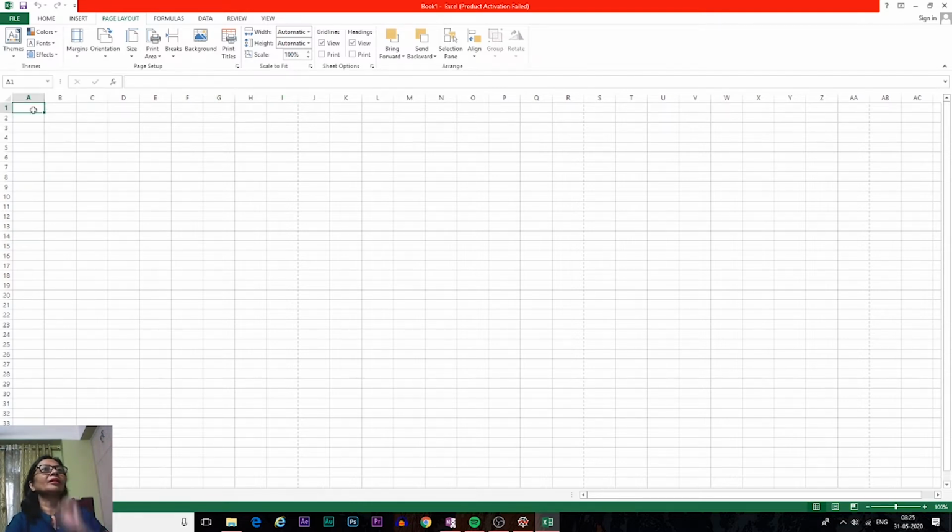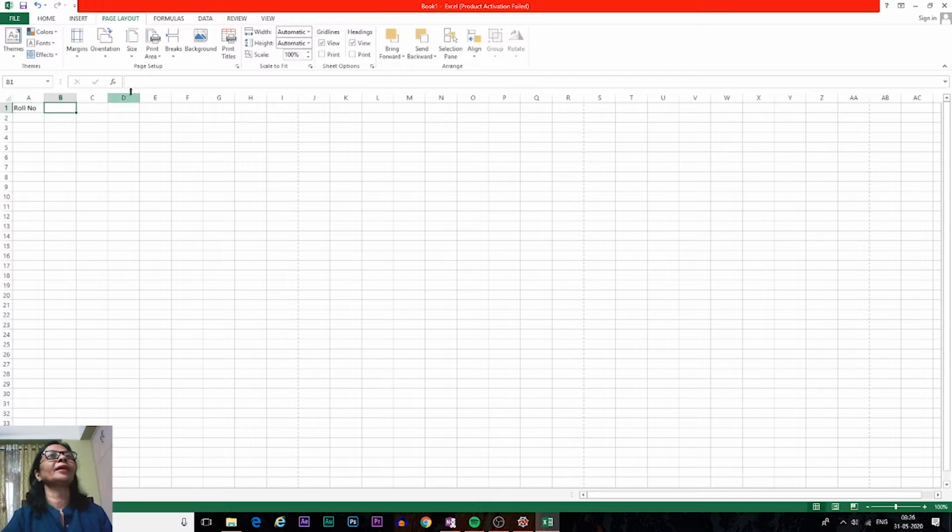First of all, suppose I am going to create a data sheet that has the names, roll numbers and marks of 10 students. So in the A column I will write, here you see, in the A column we can click here and we can write it here. It is highlighted, that means we have selected the A1 cell, and here we can give the data. It is blinking. I am writing here Roll Number. You see Roll Number is coming here.